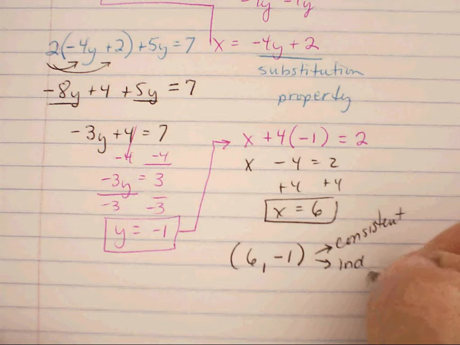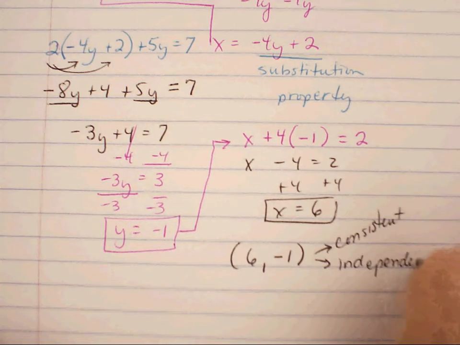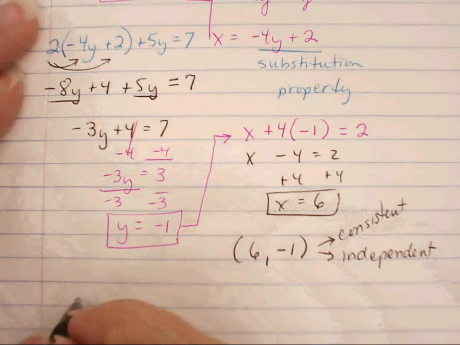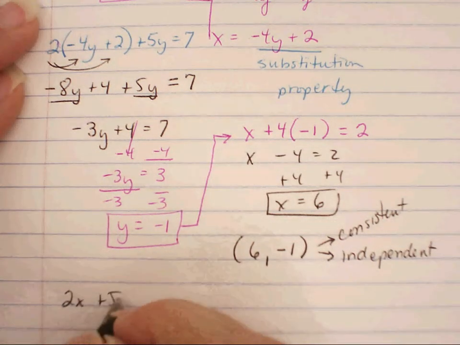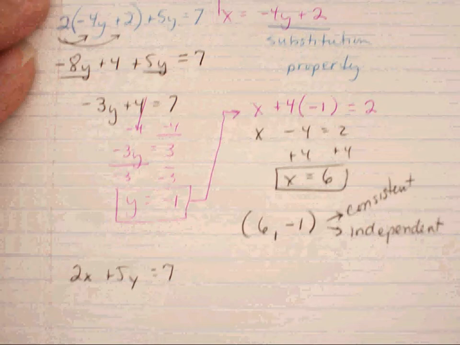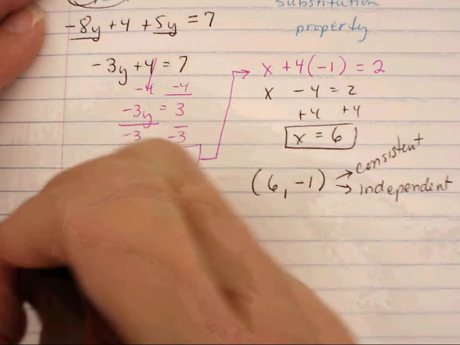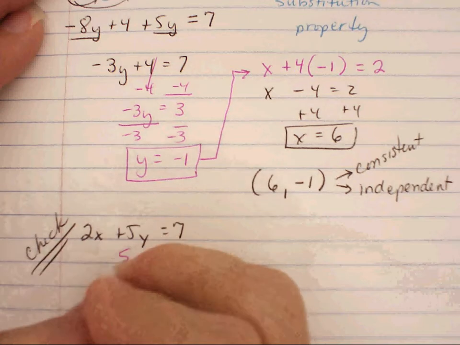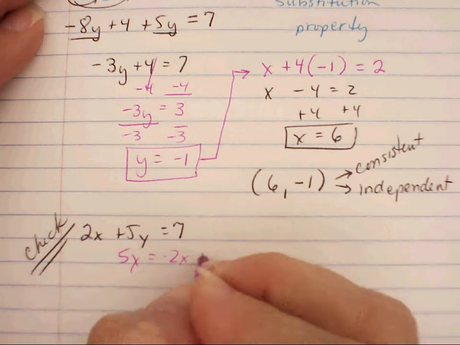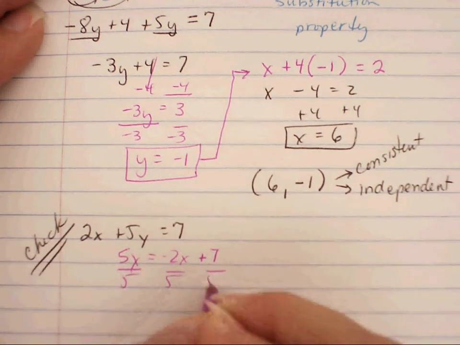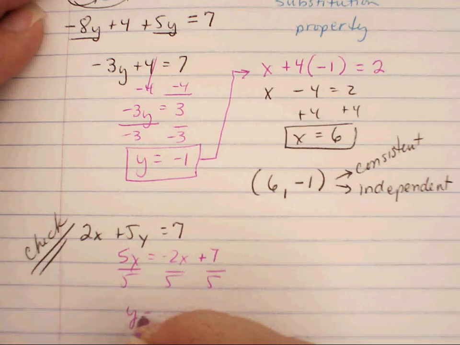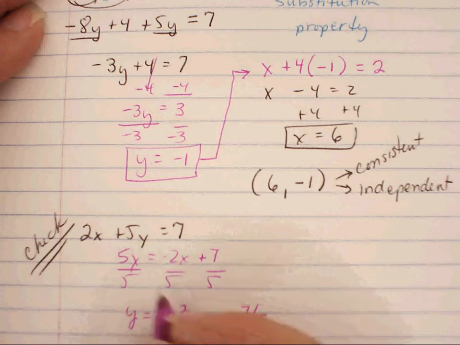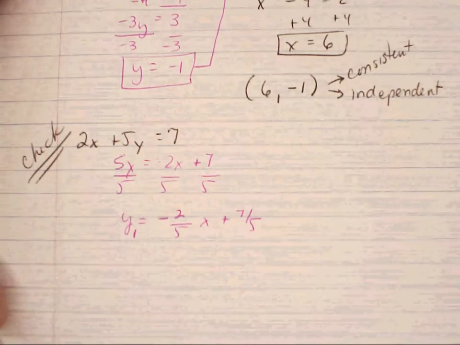Now if you go back to the vocabulary from the beginning of the lesson, how will you describe it when you get one solution? What are the two vocabulary words? Good, consistent and independent. That's perfect, Selena. How will you check it? Now this takes a minute or two more because what do they have to be equal to put them in the graphing calculator? y. So on this moment of a check step,